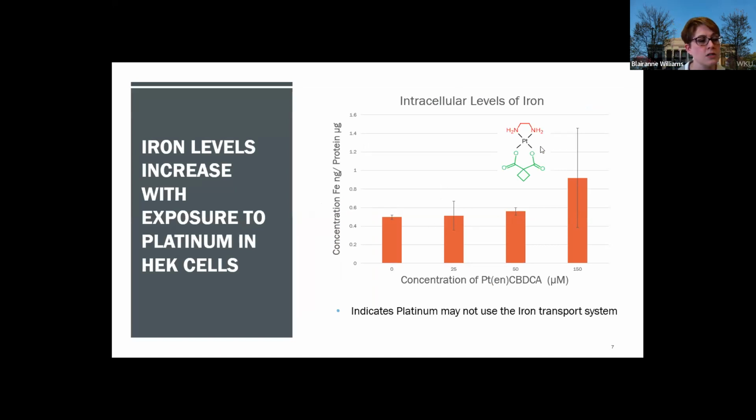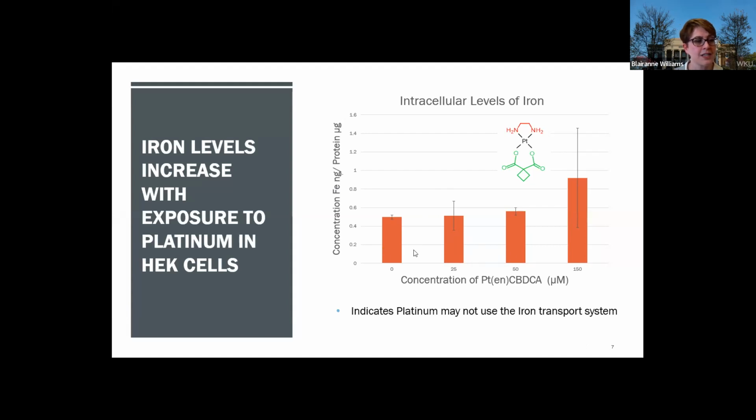So this is actually the CBDCA compound. This is one of our novel compounds. We used 4 different concentrations of the compound, placed it on the cells for the same time point as the previous data, which was 24 hours. And then harvested the lysates and measured the intracellular concentration of iron and expressed it here as amount per protein in the sample. This is a small n, it's just an n of 2, but you can see